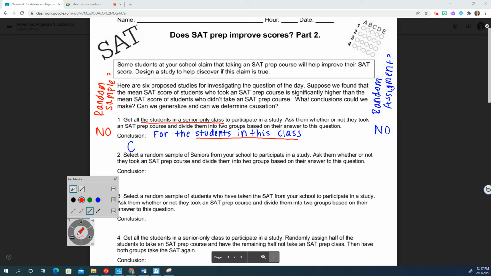Because that's basically who we surveyed. This is the only generalization we can make, that there is an association but not a causation because there's no experiment. There is an association